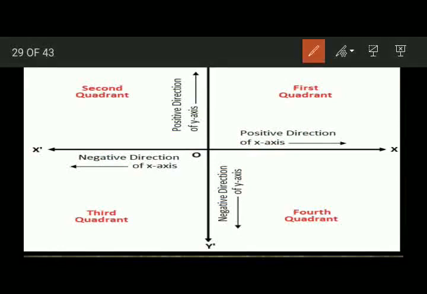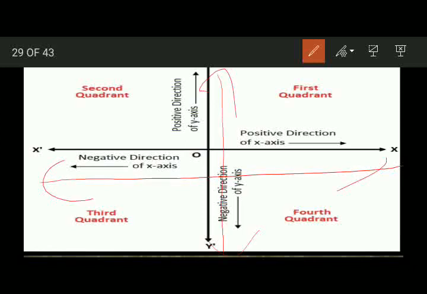Now you can see here quadrant. It is quite similar to the mathematical quadrant you have learned. We have 4 quadrants in mathematics: first quadrant, second quadrant, third quadrant and fourth quadrant. And how these are formed? By 2 axes, namely the x-axis and the y-axis. So you can see this is the positive x-axis, that is we have the positive values here.